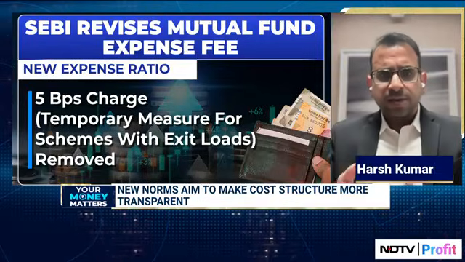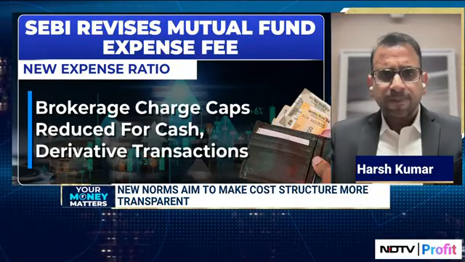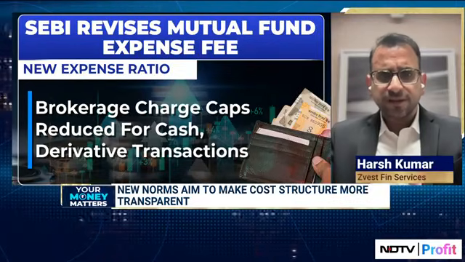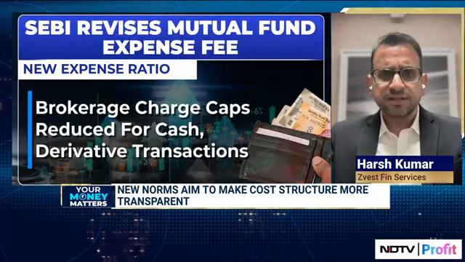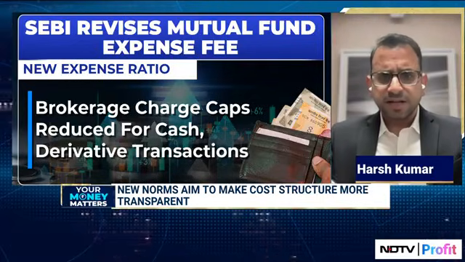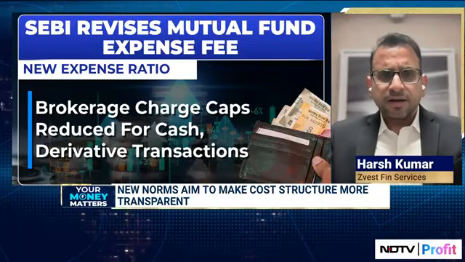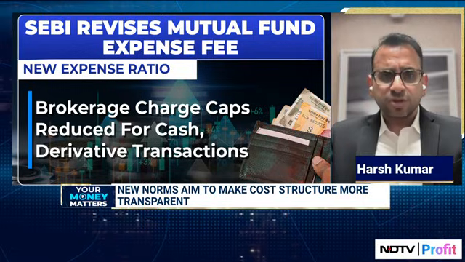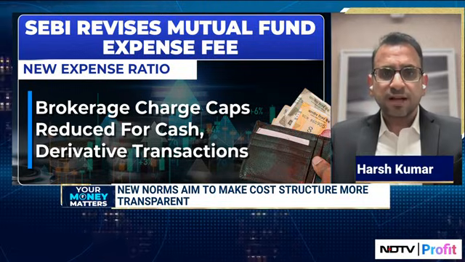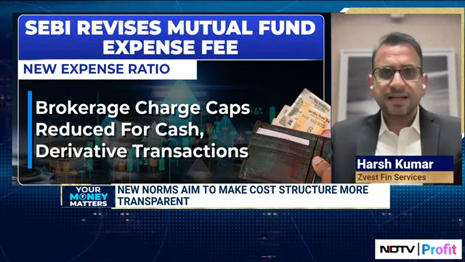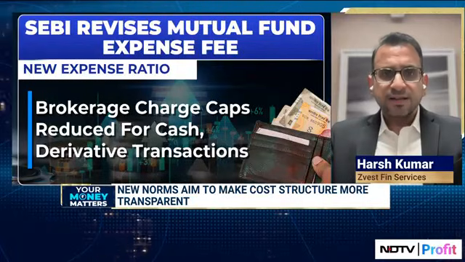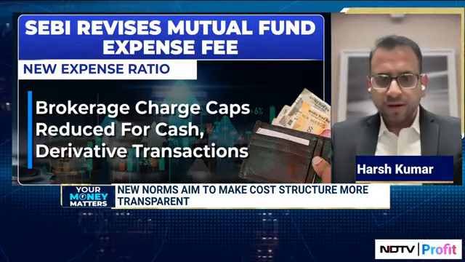Now, the numbers in terms of impact change as far as benefit to the investor is concerned is say 6 to 9 basis points, or 0.06 to 0.09%. But the trust of the investor comes into this picture because the investor feels that whatever I am paying as an expense ratio, I am getting a clearer picture on what is going where.